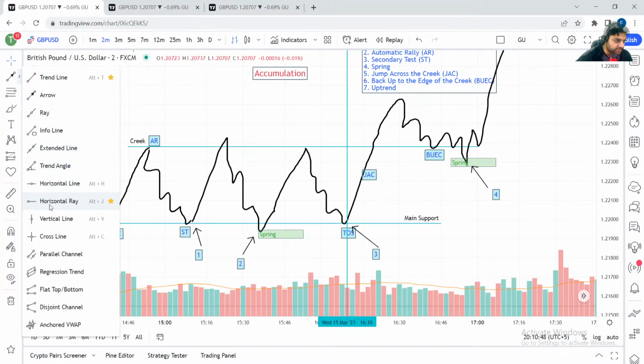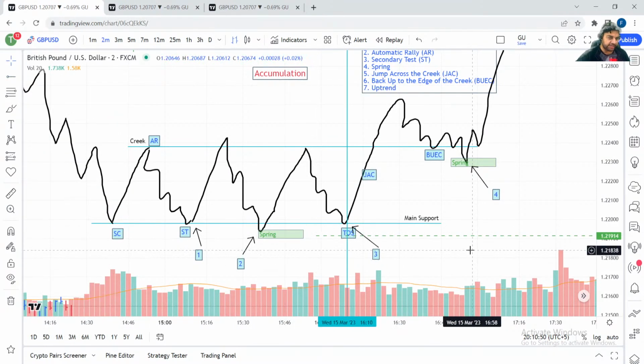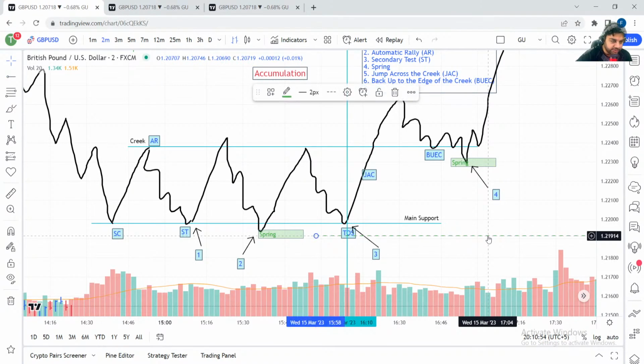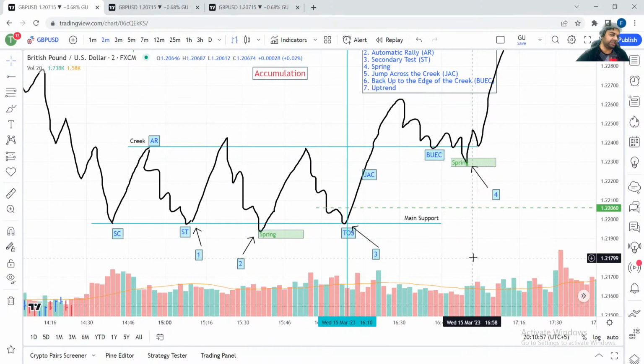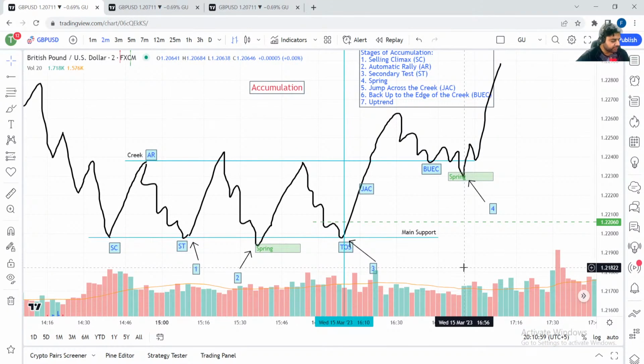So where is the stop loss? Your stop loss earlier was here, right? Just this green dashed line. Now you put your stop loss above the break even and then leave it. You take maybe 70% out or 60% out, depending upon how much you think is okay. And then you put your stop loss above the break even and then leave it. It might go up.